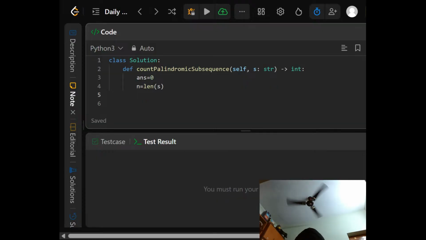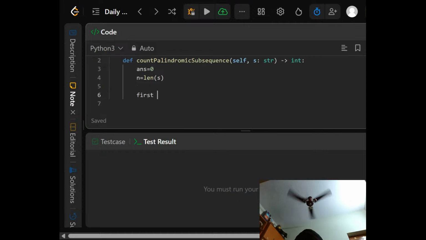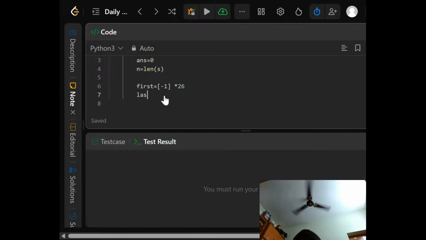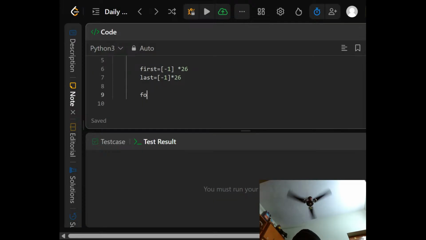Last[i] will store the last index where 'a' plus i appears. Initialize all values as -1, so initially they will all be -1. First occurrence will be stored here, times 26. Last will be stored here, times 26. For i, ch in